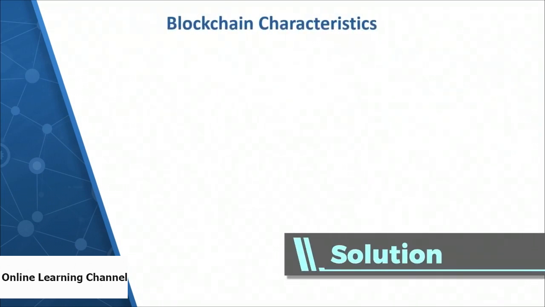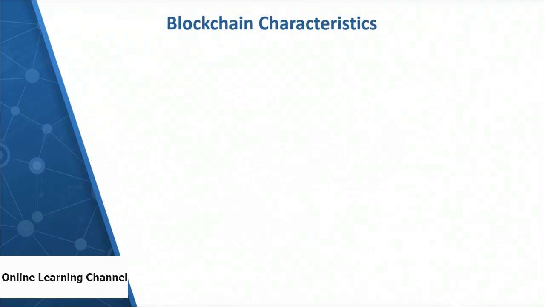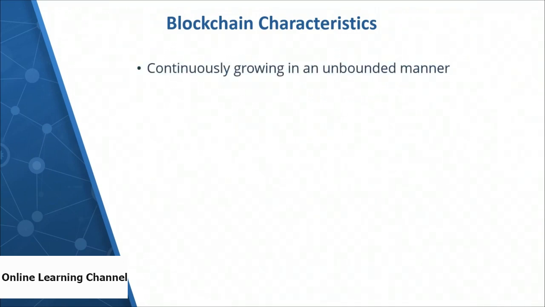For the first task in the exercise, you needed to recall some of the characteristics of blockchains. Blockchains are a very useful data structure in which to store records. In the case of the Ethereum network, for example, the records contain details of transactions. Given that transactions in the Ethereum network are not static and are continuously being generated, it is necessary for the data structure recording those transactions to be able to grow continuously and in an unbounded manner. This is exactly what a blockchain is capable of and what makes this the ideal data structure in which to